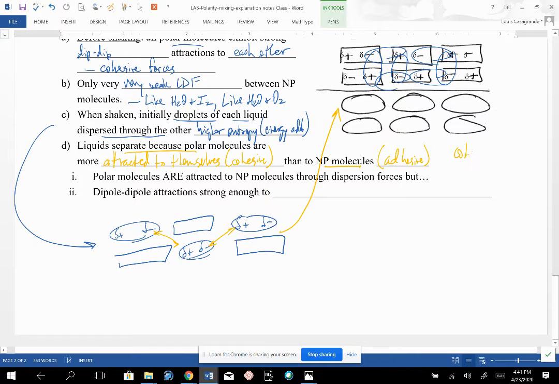So cohesive is greater than adhesive. And when you have cohesive greater than adhesive, you're going to separate like this. Now, be very careful. The polar molecules are attracted to the nonpolar molecules through dispersion forces. But here's the key: the dipole-induced dipole, these are dipole-dipole. The dipole-dipole attractions, and in water it's strong hydrogen bonding, are strong enough to overcome